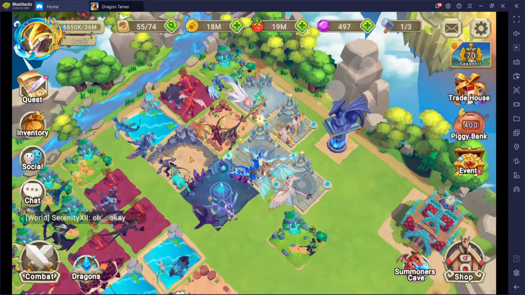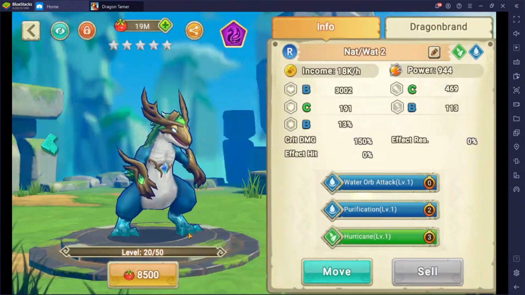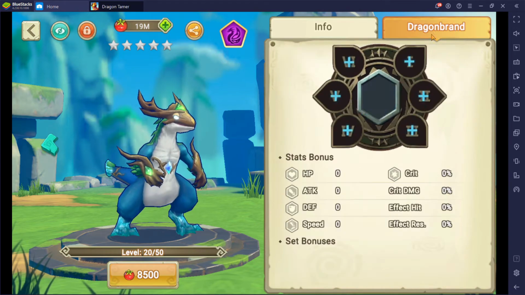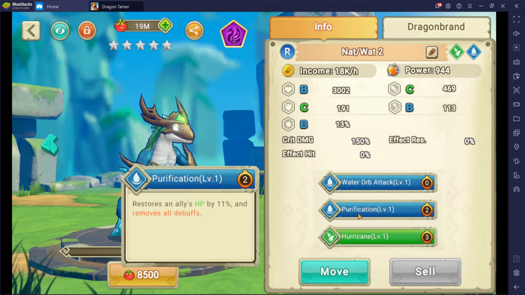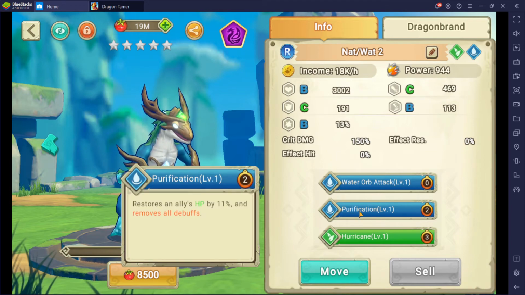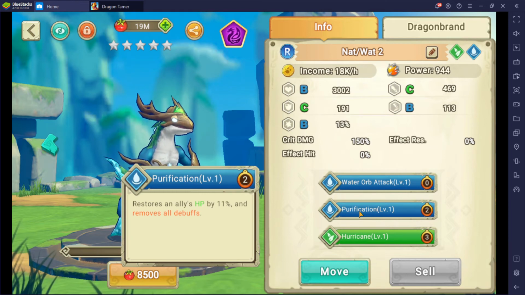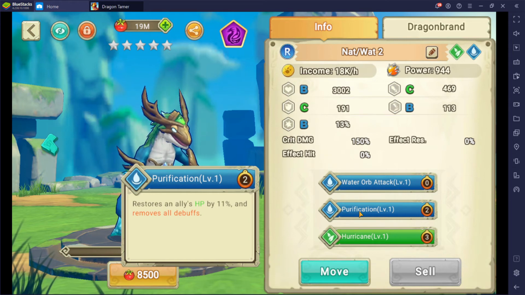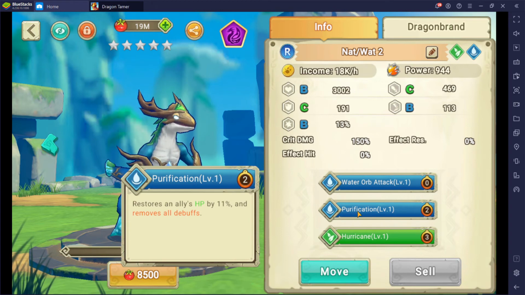And HP-based healing works pretty similar. Unicorn works that way. Basically how it works with the HP-based healing is it's the same concept, but it's based off your HP. So like, I've got 3K health, and then I'll just multiply that times 11% or 0.11, and that's how much